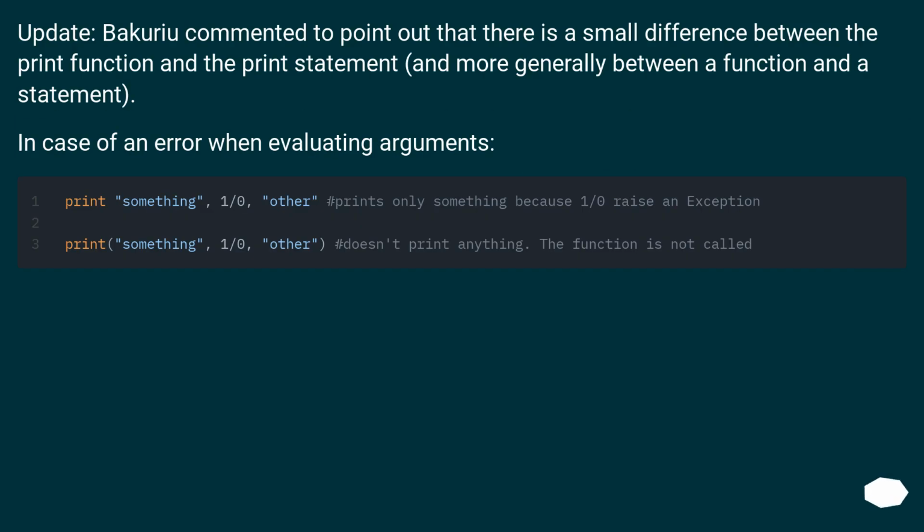Update. Bakurio commented to point out that there is a small difference between the print function and the print statement, and more generally between a function and a statement. In case of an error when evaluating arguments,